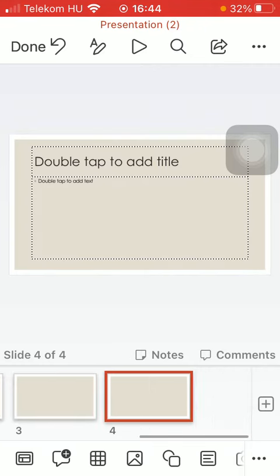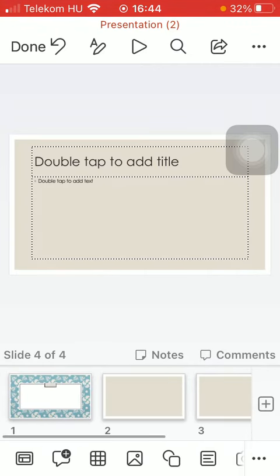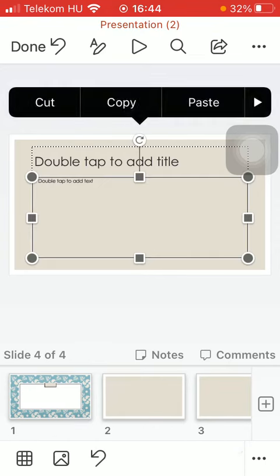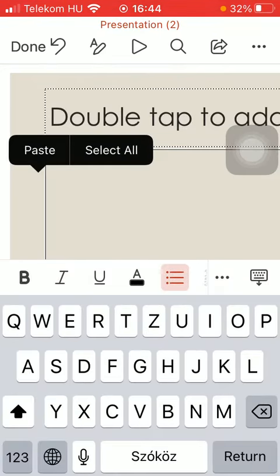and then you should create your presentation by adding slides to it, and double tap to add your text, insert photos, audio recordings, videos, and so on. So if you are done with your presentation and would like to send a copy of it, all you